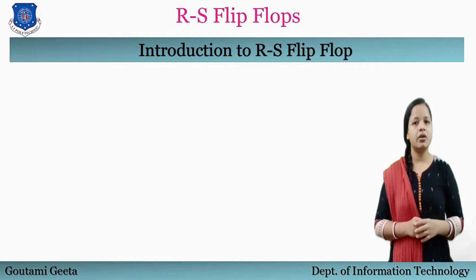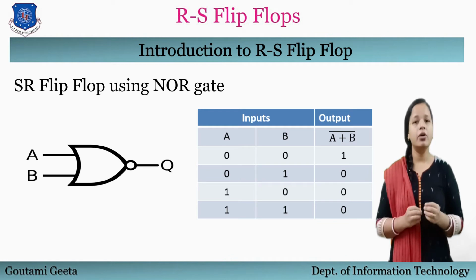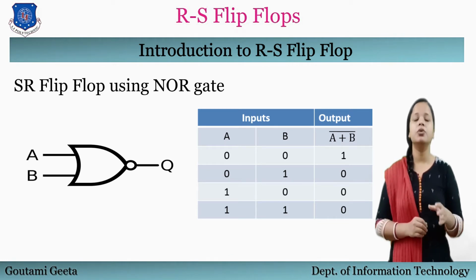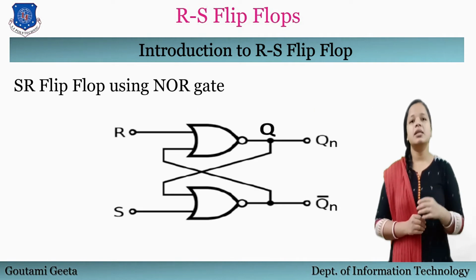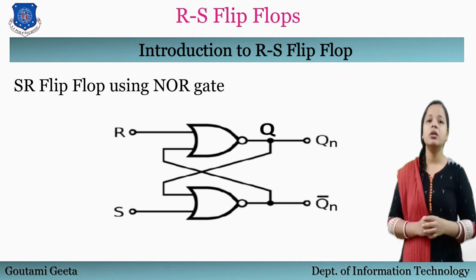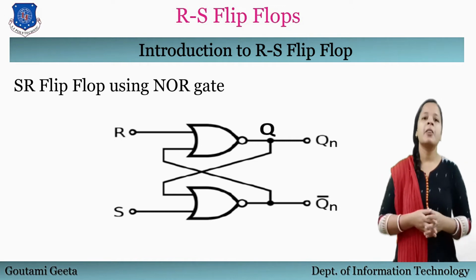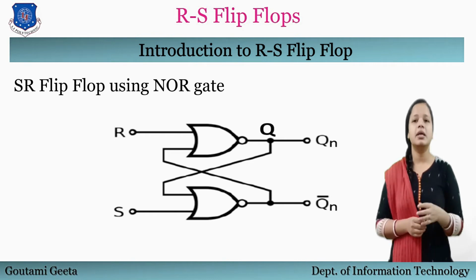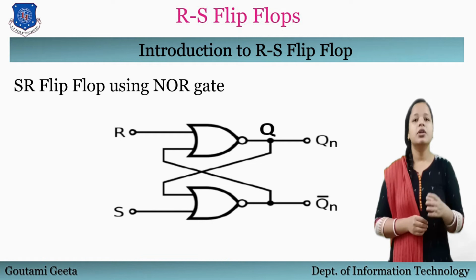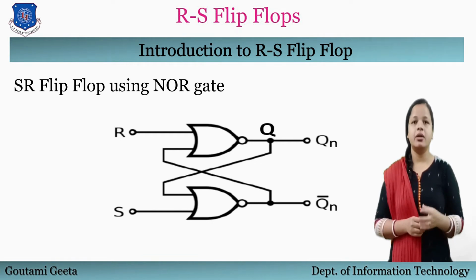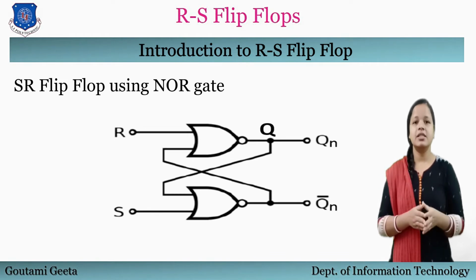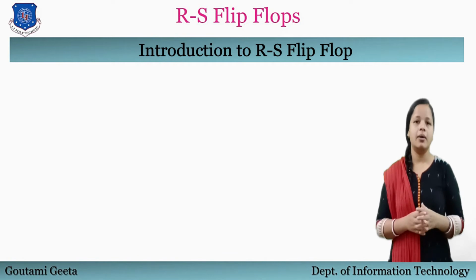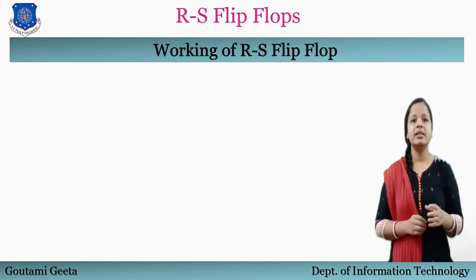Before understanding the working of RS flip-flop using NOR gate, remember the working of NOR gate. When one or both inputs are at logic 1, the output goes to logic 0. Now, see the circuit diagram of SR flip-flop using NOR gate in this figure. Here, S and R are two inputs and Q is the previous state and Qn is the next state output. In the figure, Q and Q dash must be complementary. If they are not complementary, then operation is invalid. For example, S is equal to 1 and R is equal to 1. Now, we will see its working and its truth table.